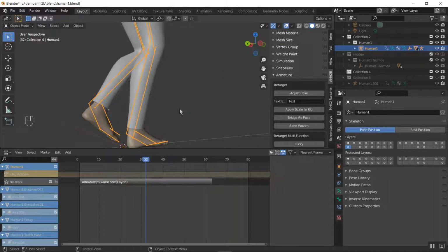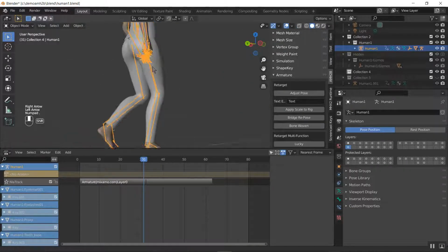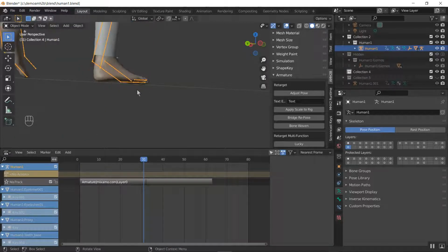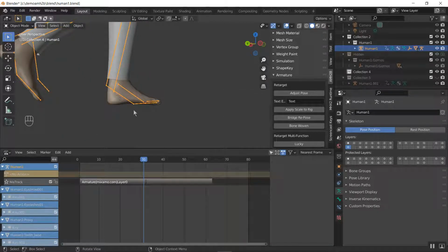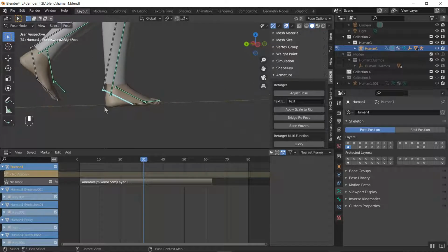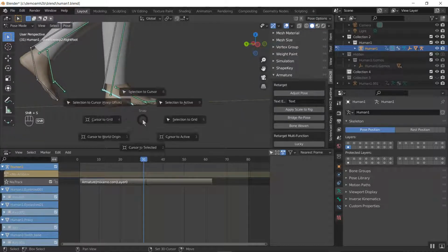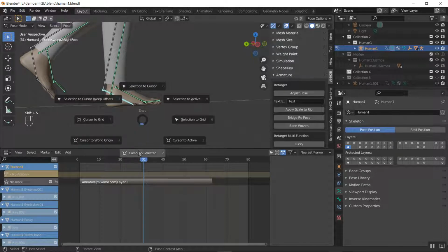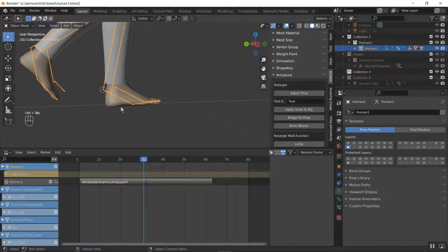First, to get a little setup going, we have to affix an empty to a bone so that we can use that as a ratchet point. I'll show you. It's hard to explain with words. It's easier to demonstrate. I'm just going to select one of the foot bones. Doesn't have to be a specific bone, but this happens to work well. Shift S, cursor to selected. Exit pose mode, back to object mode, add